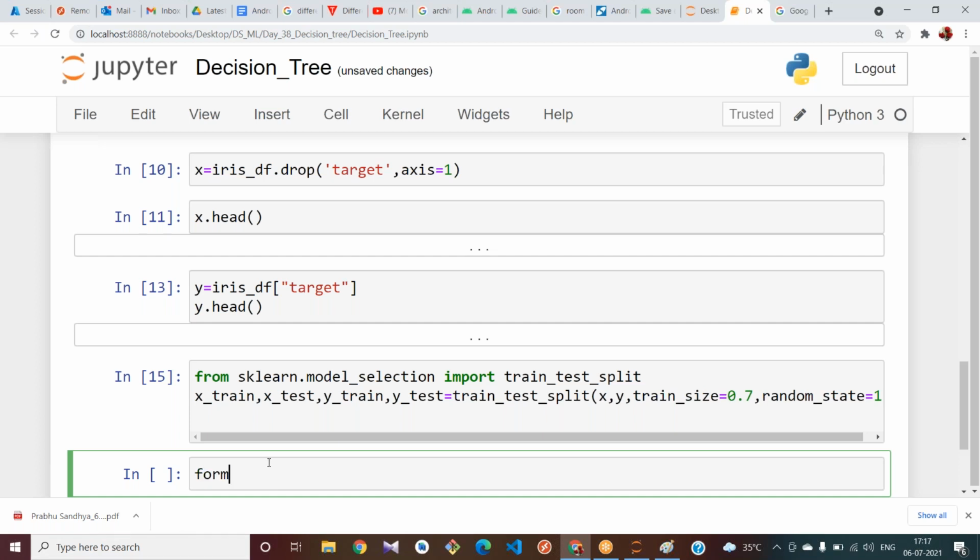Okay, from sklearn.tree import DecisionTreeClassifier. See, from the package tree, you will be having the DecisionTreeClassifier, with T capital and C capital.